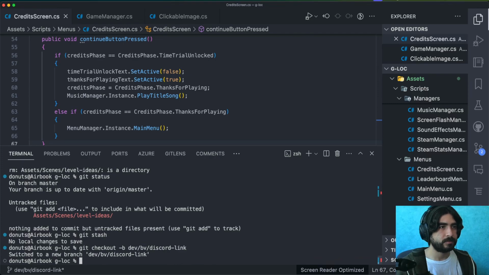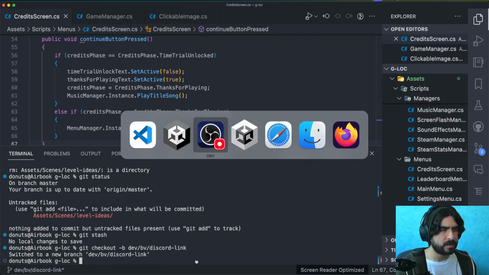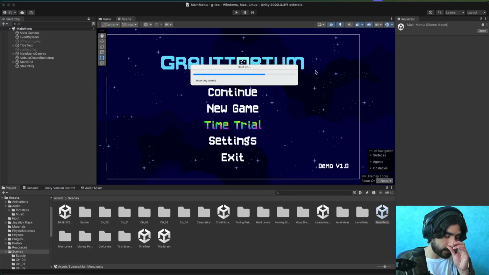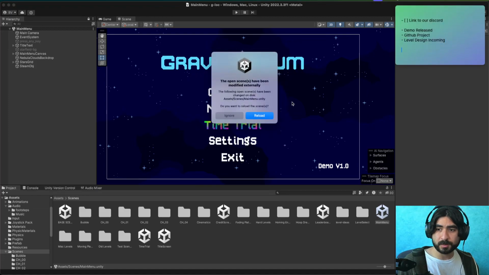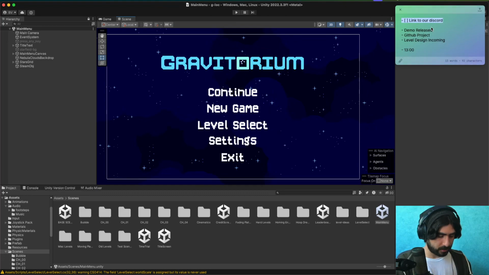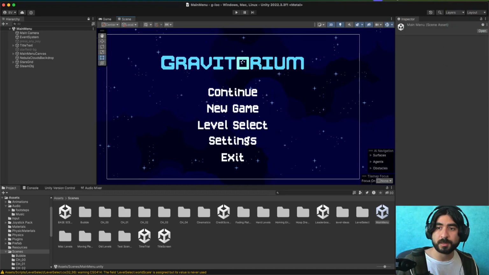Cool. What am I doing? I want to go to Unity, and I don't have a Discord icon, so I'm just going to use some logo that we already have. Let me make a quick note that, what was that? That was like 13 minutes. That might be a good short. And then my task right here is the link to the Discord.